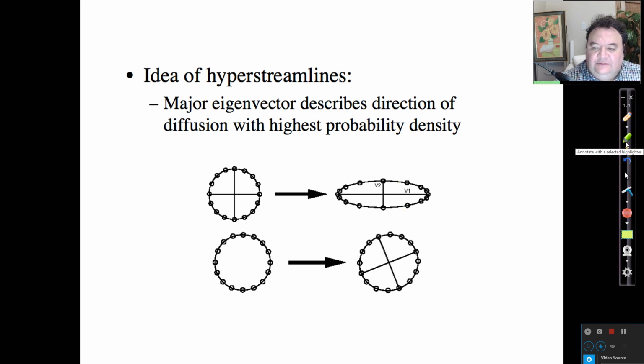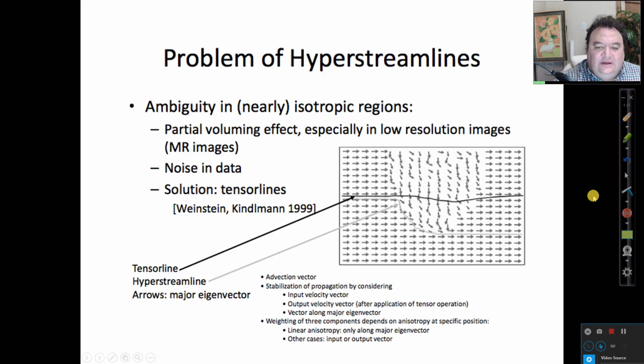When the two eigenvectors are really the same, one ends up with a circular structure, and effectively any two vectors in this basis would be appropriate results of the computation. So that makes the computation unstable, and so the hyperstreamline can start wandering around